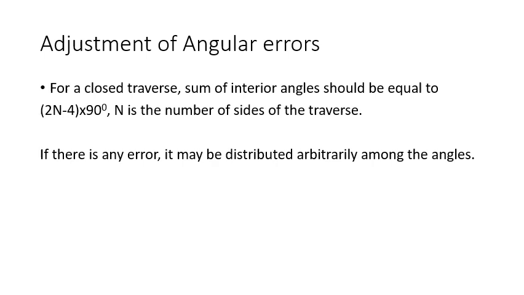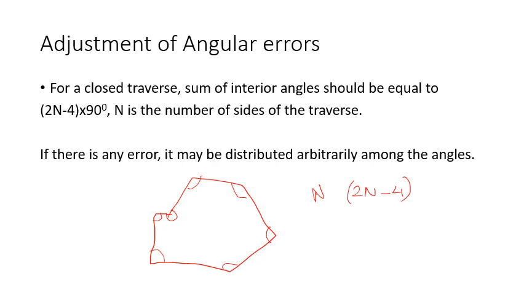So that we are doing with a simple principle that we have learned in our school days. That is, for any polygon of n sides, if you are calculating all the interior angles, then the sum of all these interior angles should be equal to 2n minus 4 into 90 degree. This is a very simple principle that we know. So this will ensure the geometric shape.